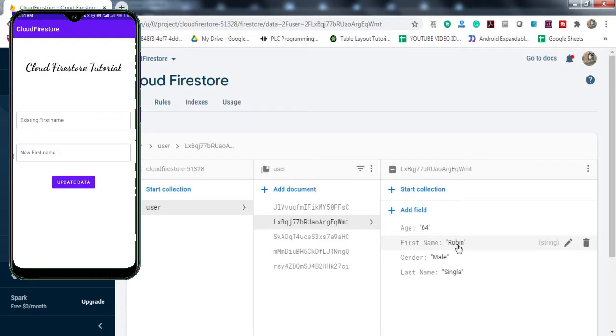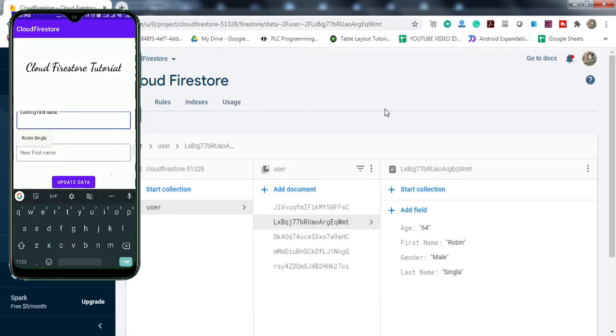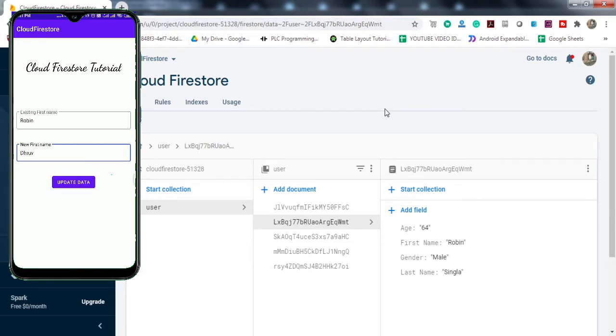First we'll see what we're gonna get by the end of this tutorial. On my mobile screen, in the first text field, I'll type Robin, and in the second field, I'll type Dhruv. Once I click on this update button, this value will change from Robin to Dhruv in real time. Let me click on the update button.